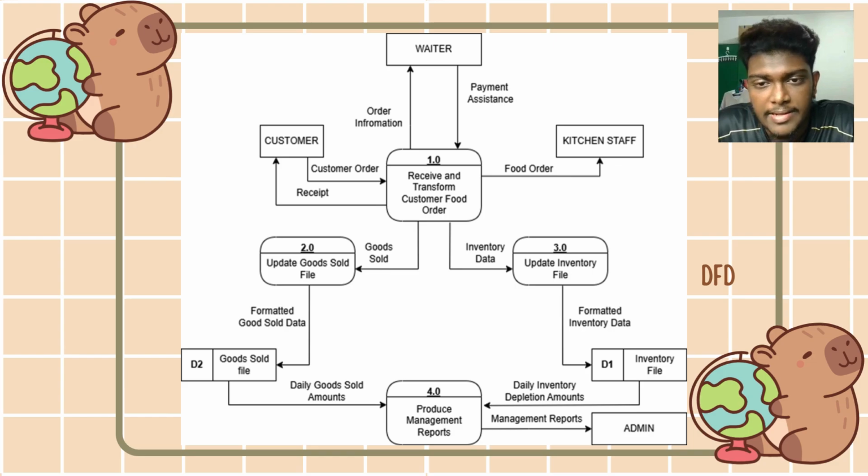So to summarize the points for these diagrams that we have made for our food ordering system, this diagram helps to visualize how each order triggers internal updates to sales and inventory records, and how these are used to generate management reports for business decision making. So thank you so much for my part. For our next part,